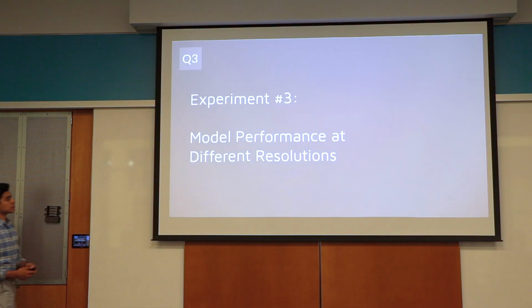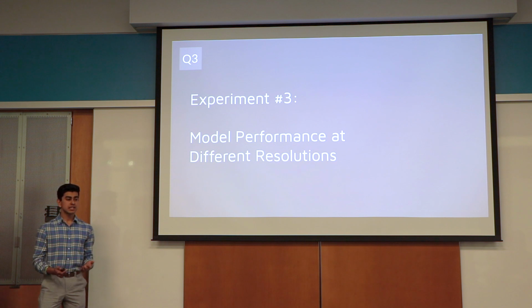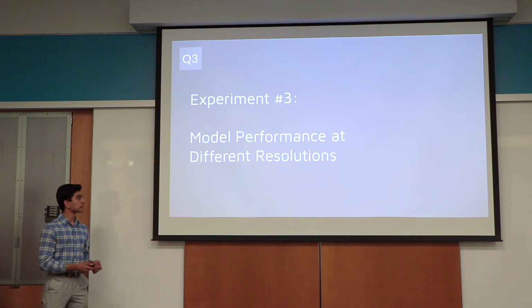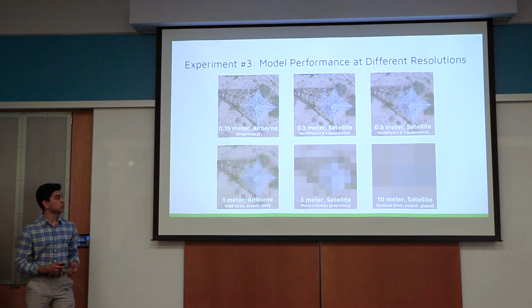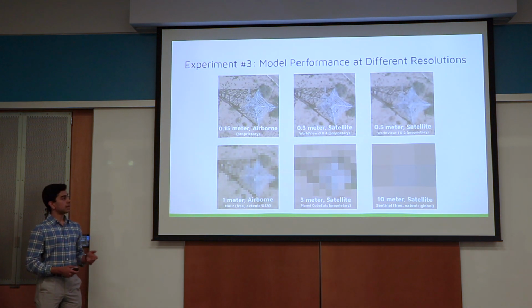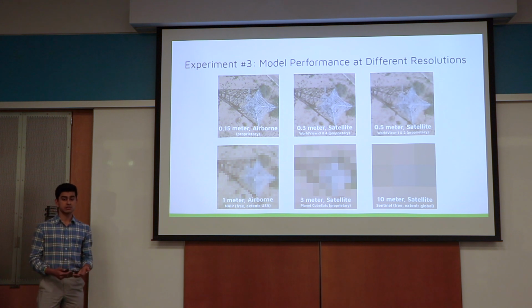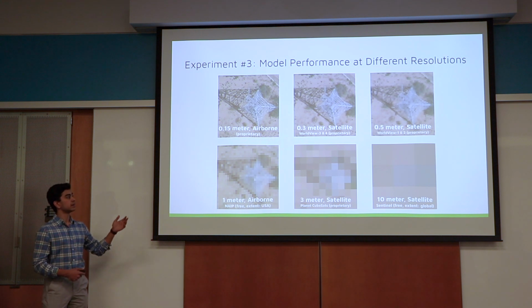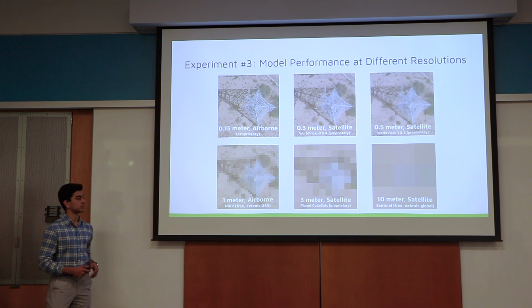All right, and so for our 3rd and final experiment, we want to know how exactly model performance will differ at varying resolutions of the imagery that we use. To give you an idea of what imagery looks like at different resolutions, we've taken an image from Arizona, and we've downsampled it to display it in several different resolutions. As you can see, the piece of energy infrastructure, a transmission tower, is most clearly visible in the 0.15 meter data, and then gets harder to see as you go down in resolution.